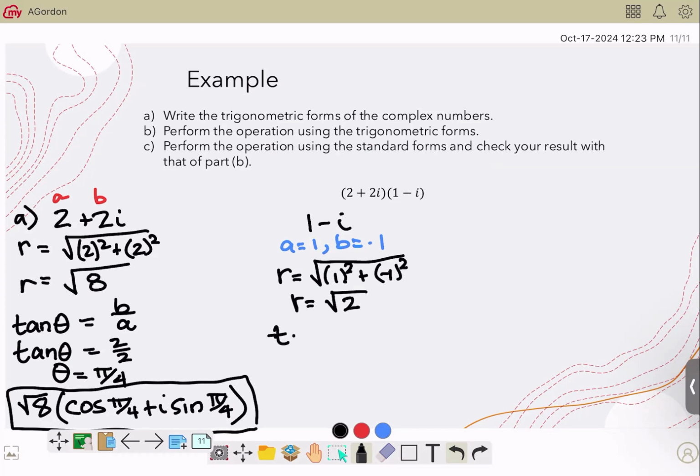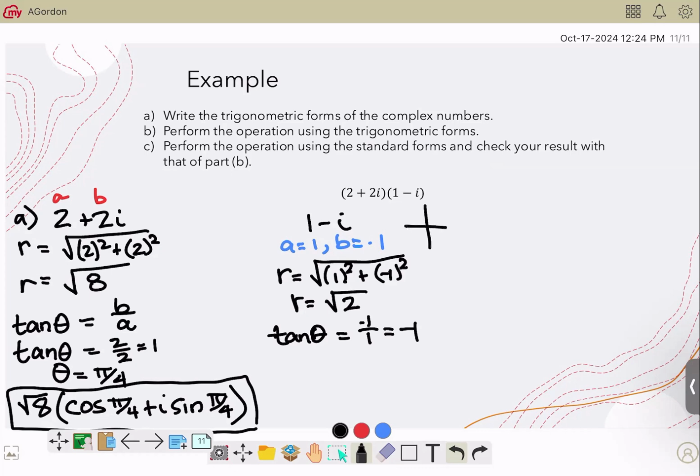And then I've got to find theta. So tangent of theta is b over a. So that's negative 1 over 1. We've got to find the angle where tangent is negative 1. And of course, that happens at more than one place. So I'm going to think about where this